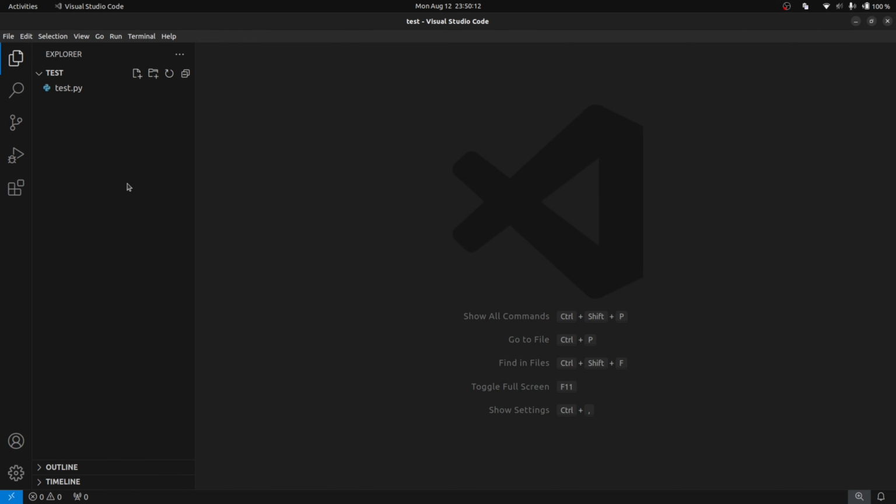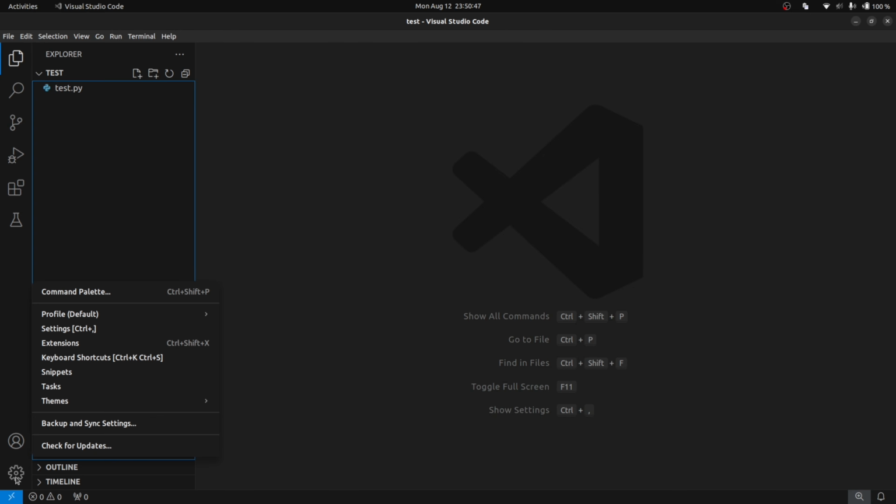You can also create additional folders inside this test folder that you've opened. You can create additional files and so on. So this is the basic use of Visual Studio Code with Python, and we'll see a lot of other examples later. You can go here to configurations